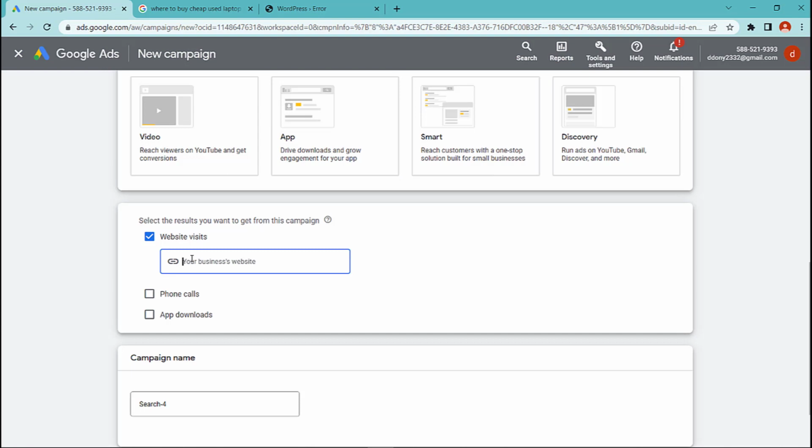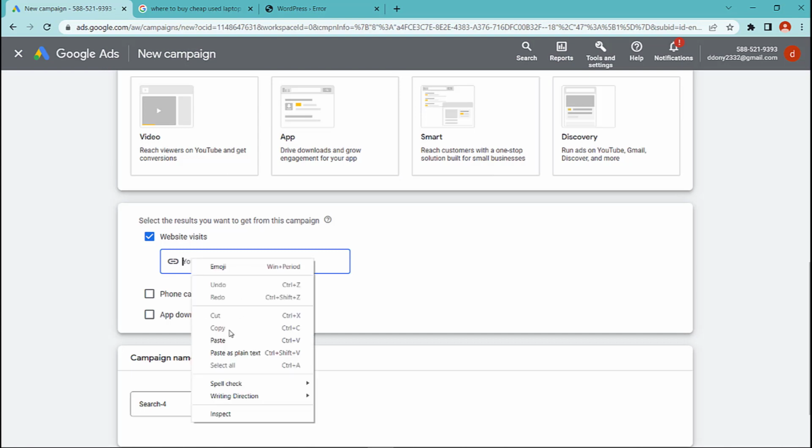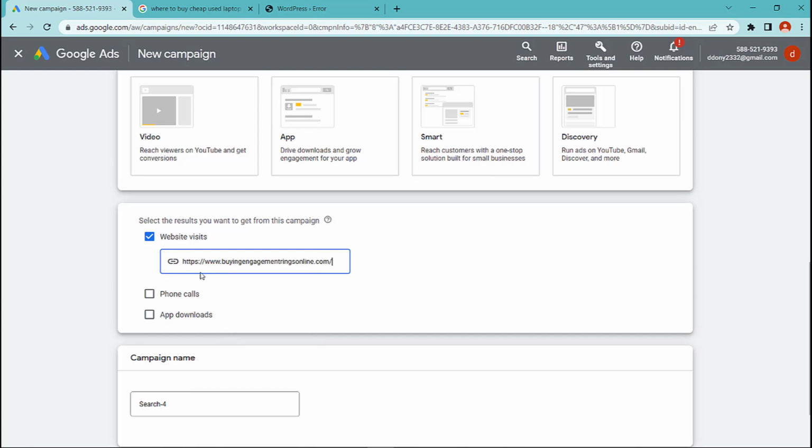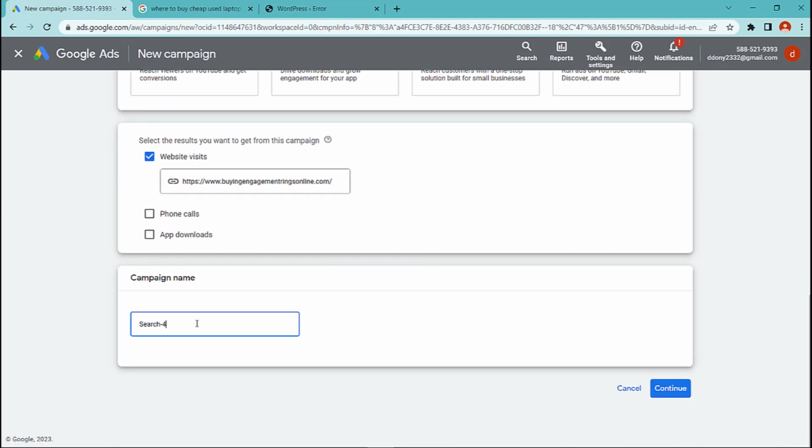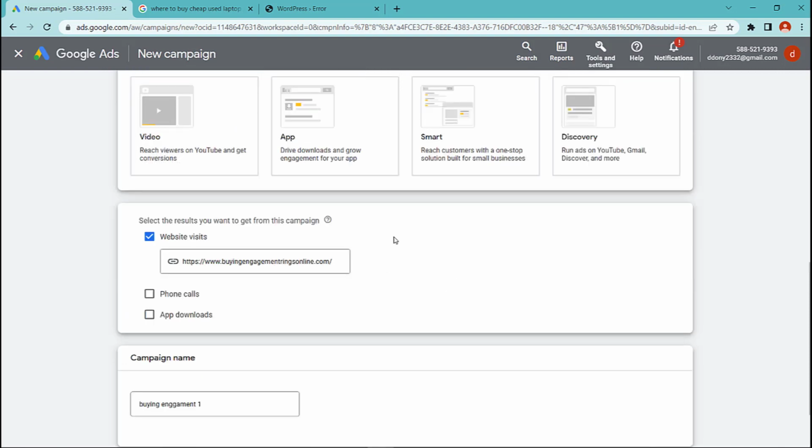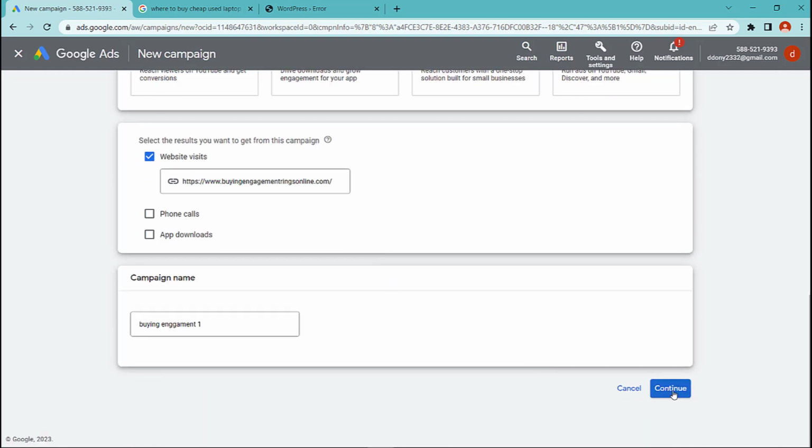You can put your website URL in here and type a campaign name. And then click continue.